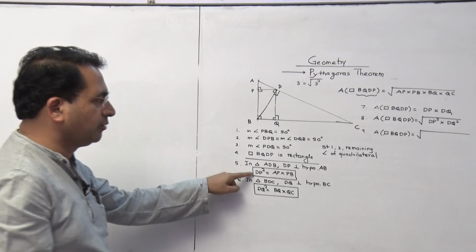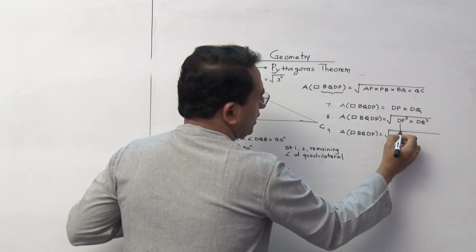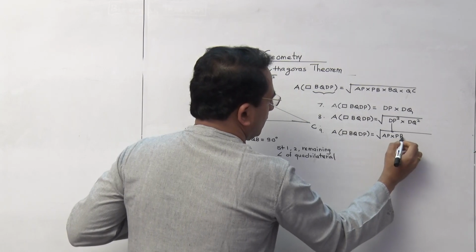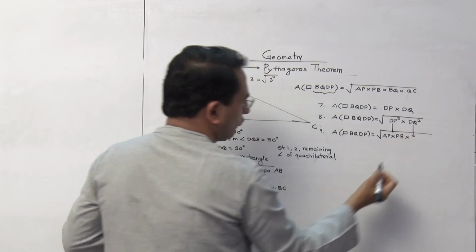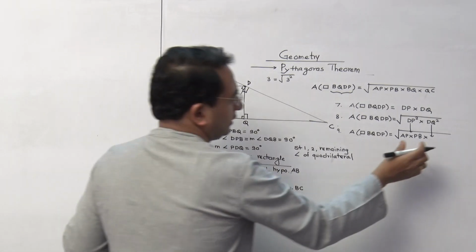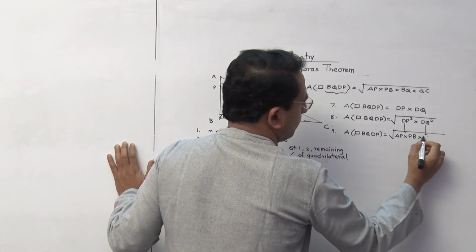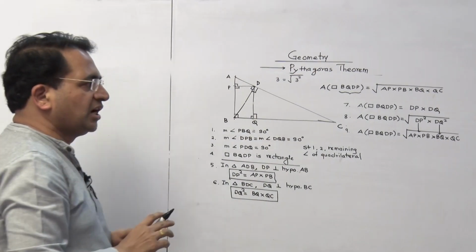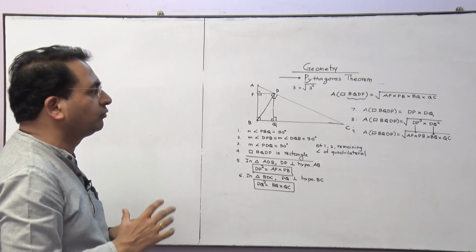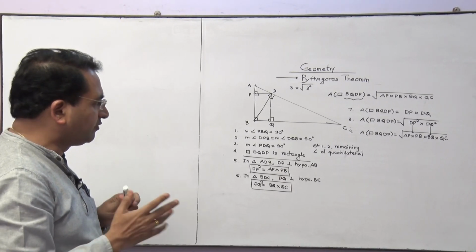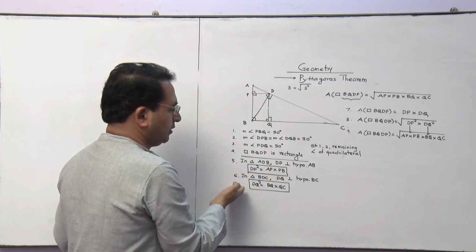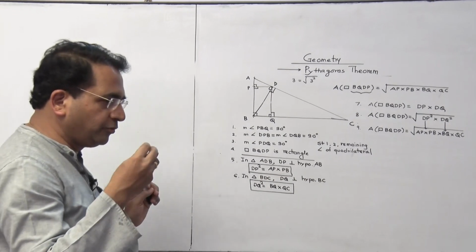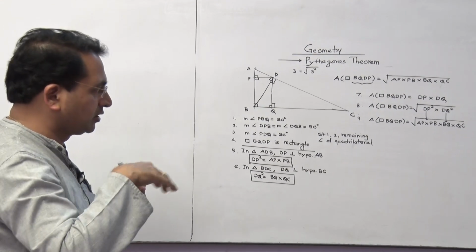DP square is nothing but what? DP square is nothing but AP multiplied by PB. Multiply this by DQ square, answer also you have written here. That answer is nothing but BQ multiplied by QC. See, the questions are easier, but slightly you have to think on that. See, even if you write something, then you will definitely after some time, not immediately, but after some time you can start getting some hints automatically.